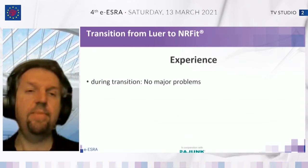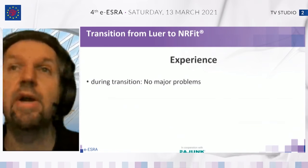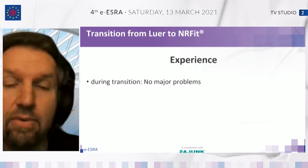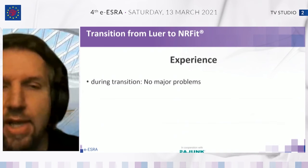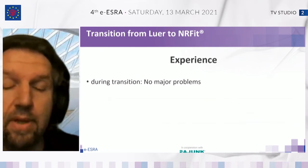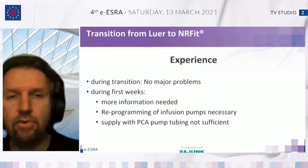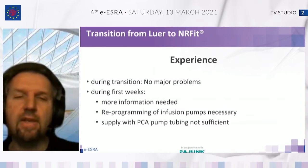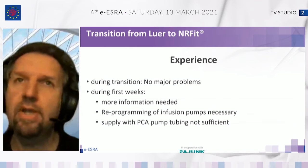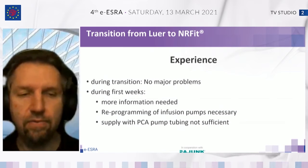So what happened during the transition? We didn't encounter any major problems. We had our purchase department on call. Our Pajunk sales rep was on call over the holidays, just in case anything happened. We briefed all the personnel on call over the holidays, but no major problems happened. And during the first week, we found out that we didn't inform everybody. Some of our colleagues were on holiday, on rotation somewhere else, or pregnant,